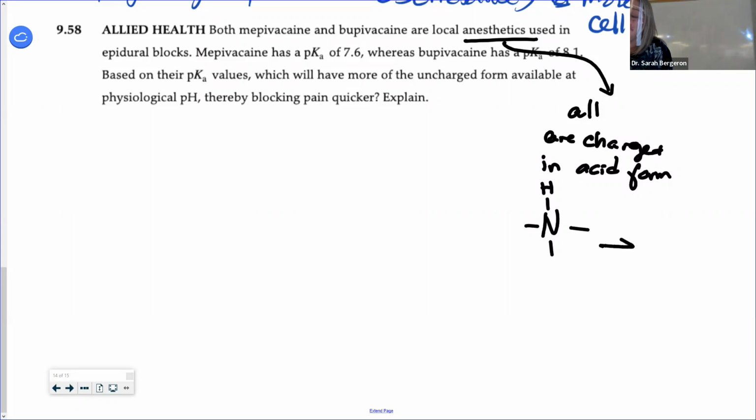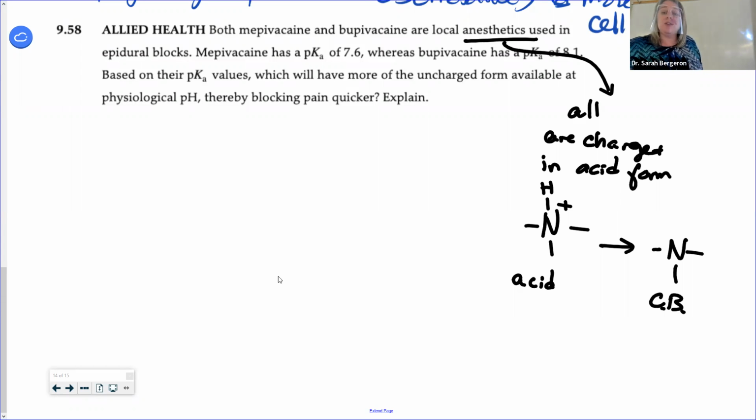This hydrogen can then deprotonate, it can come off, and then we would have 3 things attached to it, right? But because we have 4, this nitrogen is positively charged. So this is the acid form. This is always going to be the conjugate base form. So that's for all anesthetics. So when you design these anesthetics, you want to worry about the pKa value of those groups because they're going to determine how effective the drug is in treating pain, in doing its job.